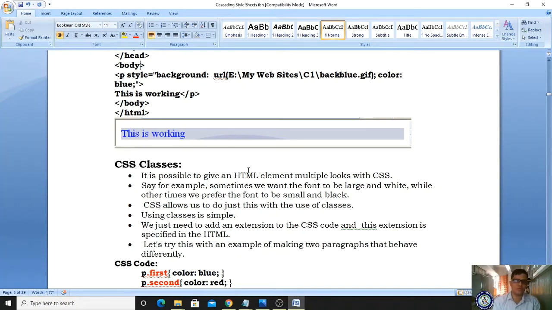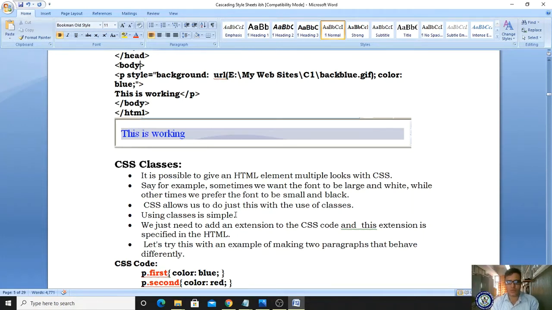So next our topic is CSS classes. It is possible to give an HTML element multiple looks with CSS. For example, sometimes we want the font to be large and white, while other times we prefer the font to be small and black.